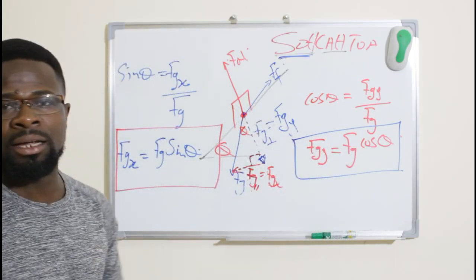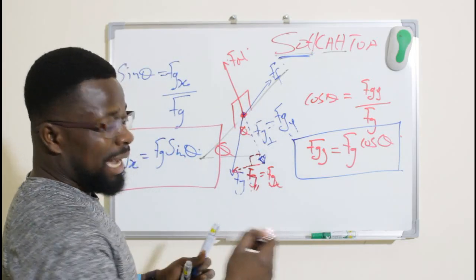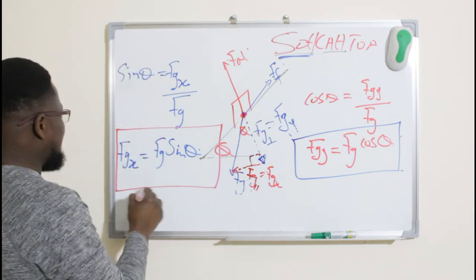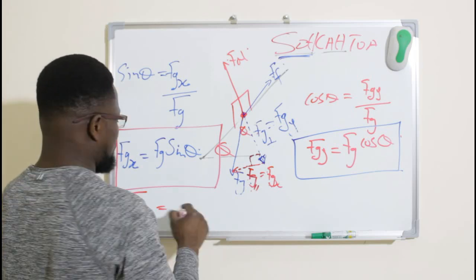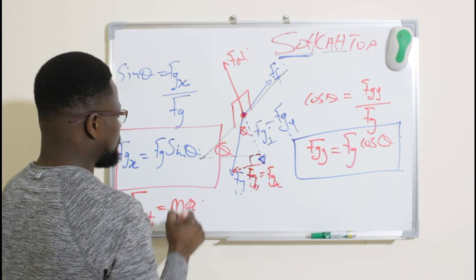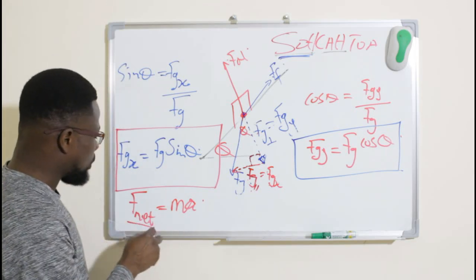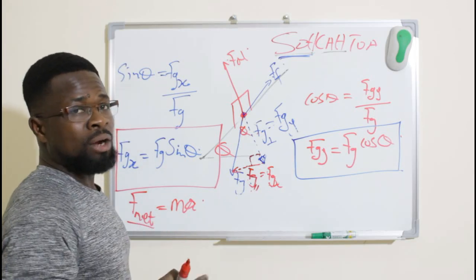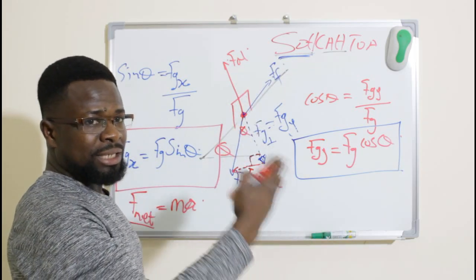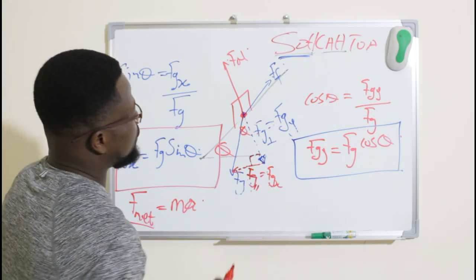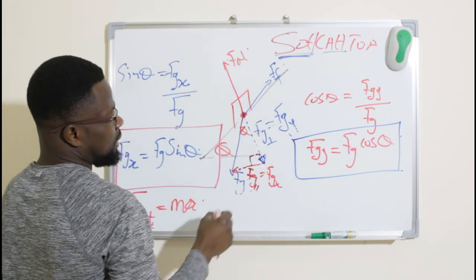Now let's try and find the net force acting on this object. If I decide to do that, we can say that F net, according to Newton's second law, is equal to MA. So if F net is equal to MA, what are the forces that are acting on the object? We are looking at it with friction, and we will look at it when there is no friction. So let's look at first no friction. If there is no friction, the forces are the normal, they are the